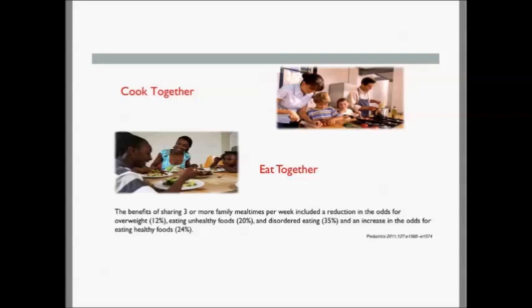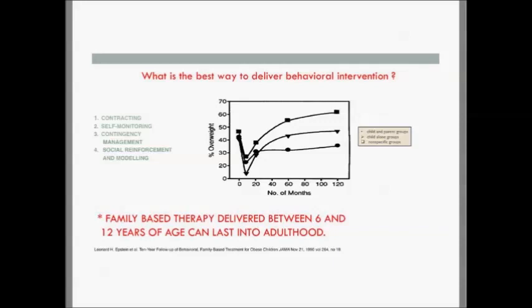foods by 24%. Now, I didn't even mention the benefits socially in terms of substance abuse for these children, drug, alcohol, all made better if you sit down and eat together. You get a better sense of what's going on with the family. Something I do in the children I take care of is I tell them no electronics with food. That means mom and dad too, TV off, hand the cell phones in a basket, sit down and talk to each other. No outside stimulation. All you need is each other.